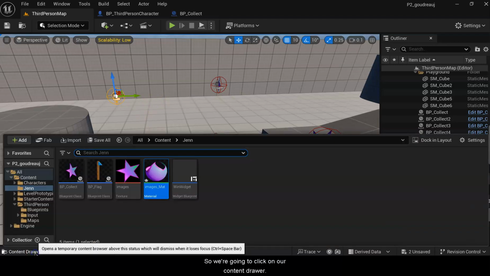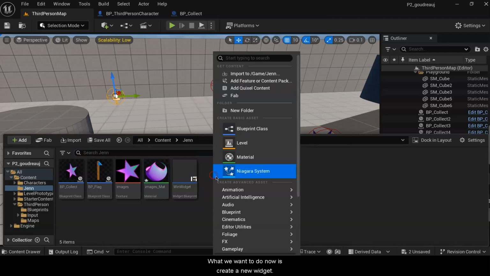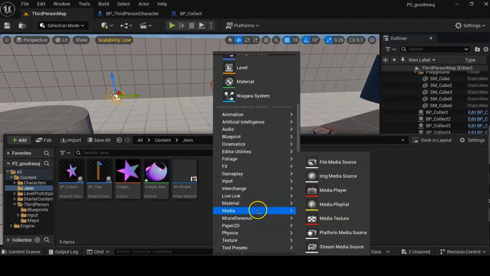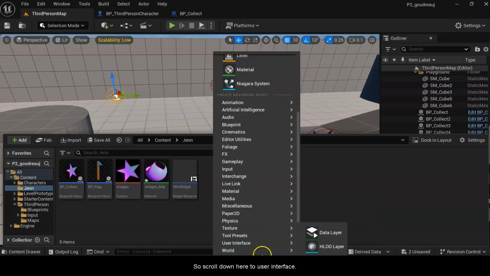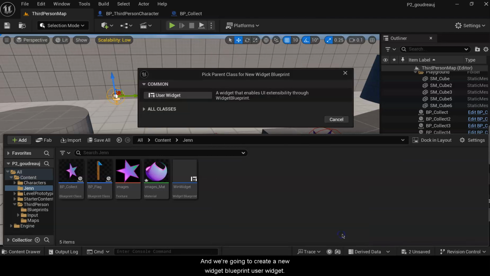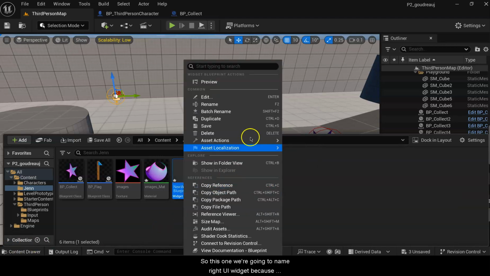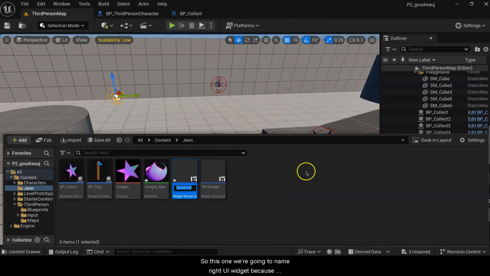So we're going to click on our content drawer. We're back in our thing. We have our win widget from last week. What we want to do now is create a new widget. So I'll scroll down here to user interface, and we're going to create a new widget blueprint. User widget. So this one we're going to name, right, UI widget,